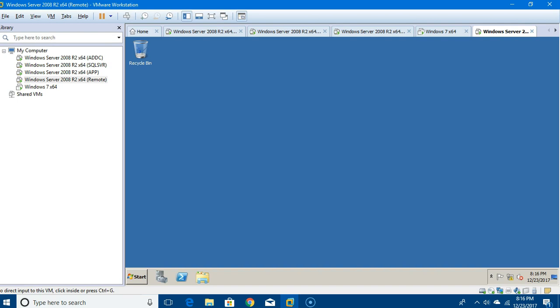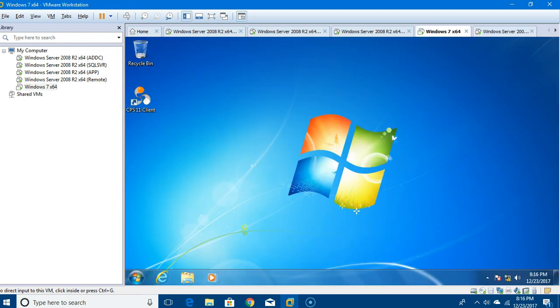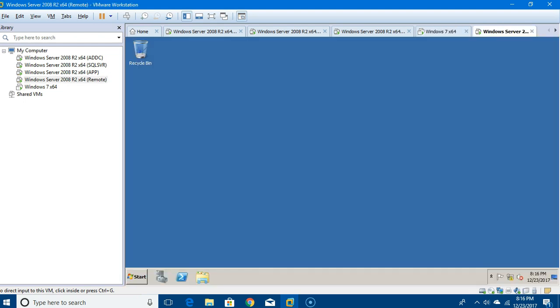So if we were using Centricity internally, you would connect to your Windows 7 client. However, if you're connecting to Centricity from outside the office, you would need to utilize remote desktop services or, for instance, a Citrix server. We have access to Windows Server, and so that's the easiest install for us to do. So what we're going to do is we're going to go to our